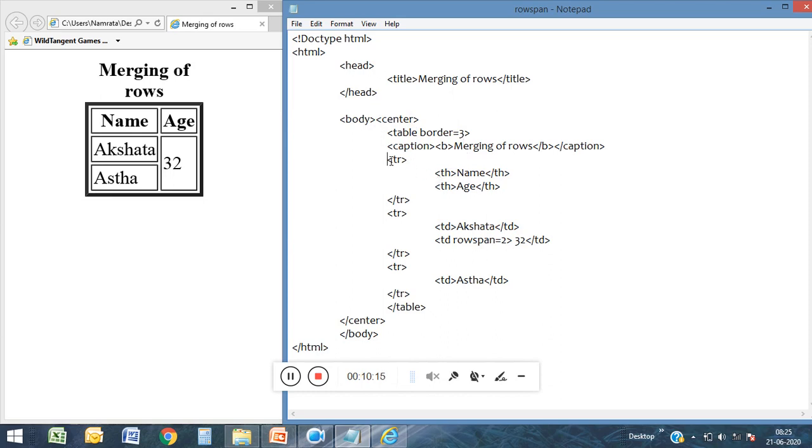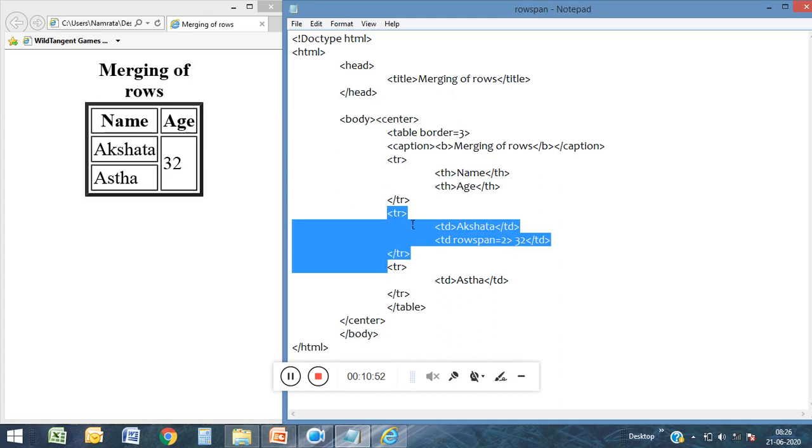Now for the first row, I use the tr tag. Now see, this name and the age are the headings of your table, so that is the column heading, so I use th name, th close. There is no merging, so I do not use colspan or rowspan. Simply the next column, that is your th, this is also a heading, so I use th. The column heading is age and I close this th. My first row is over, so I close my tr tag. Now for my second row, I use this tr.